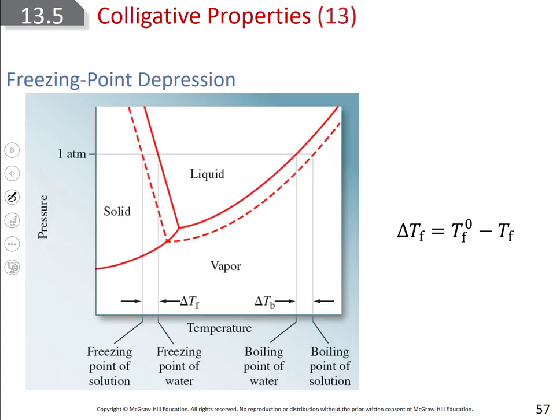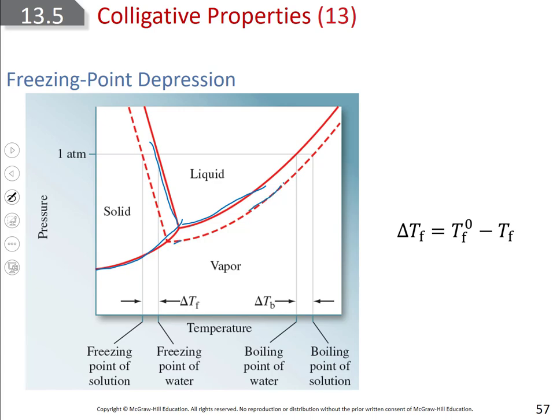So here is a phase diagram, just like we had before, but now we're looking at what the vapor pressure is compared to the temperature as you increase it. So solid, liquid, and vapor. Here's our normal liquid to vapor point. Here's our boiling, liquid to vapor. As we are going to increase